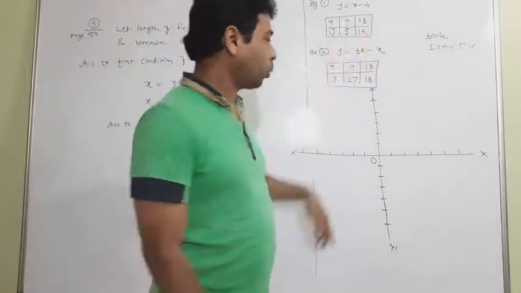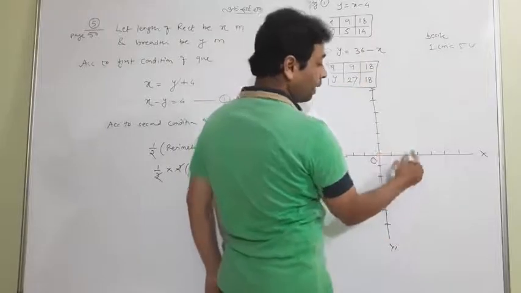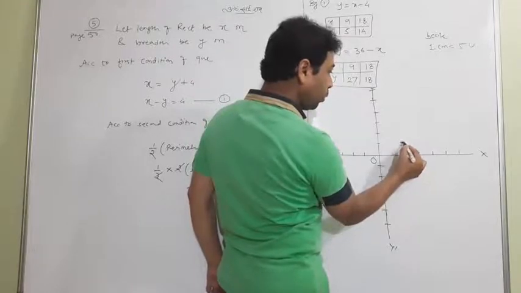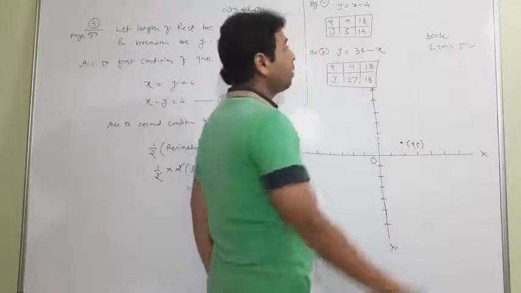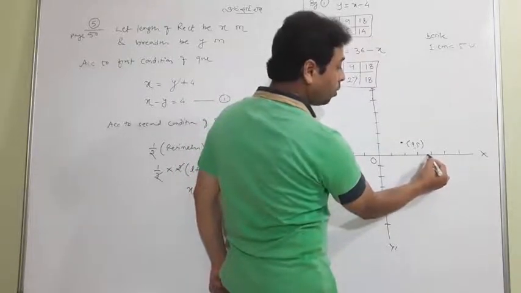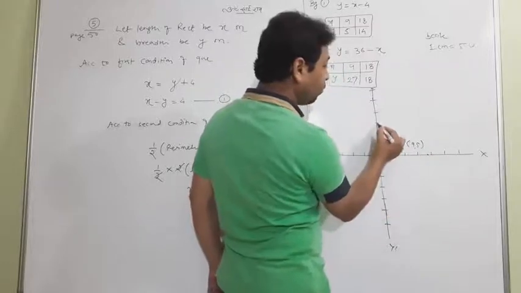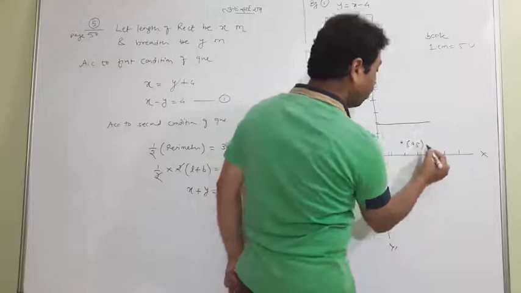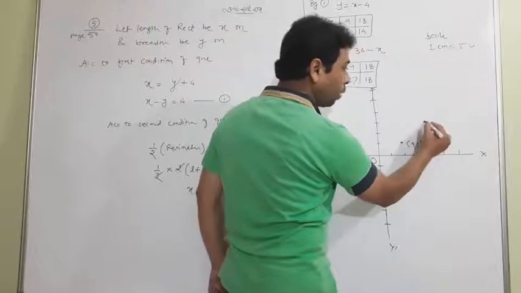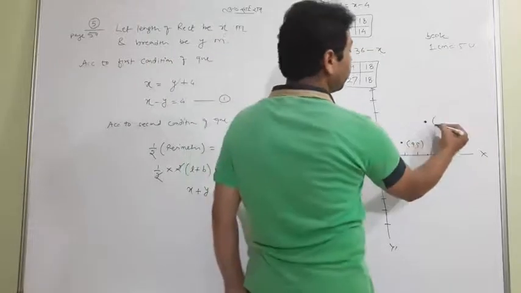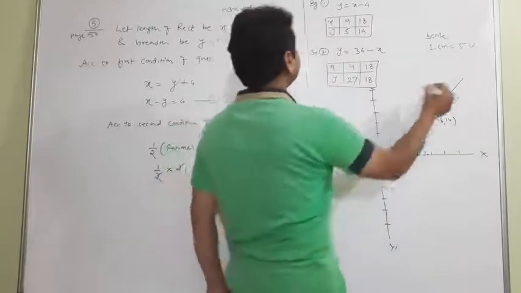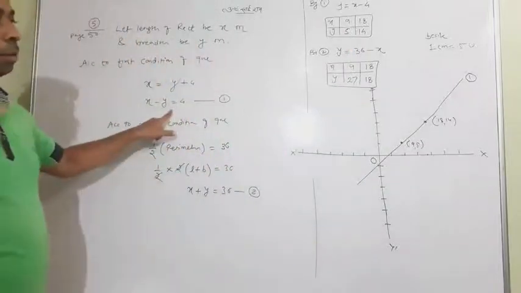Now 9 and 5. Approximately tell me, 9 here. And where is 5? So it is the point 9, 5. And what about 18, 14? 18 meaning 5, 10, 15, 20, so 18 is approximately here, and 14 is 5, 10, approximately here. I think the point is good here. In graph paper, it appears very well. You can see it is the point 18 and 14. Now make the line. This is the first line.